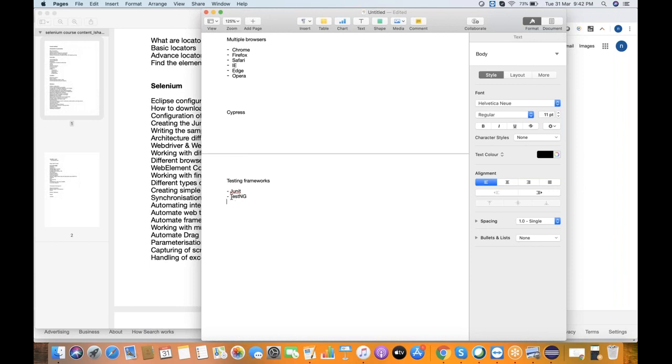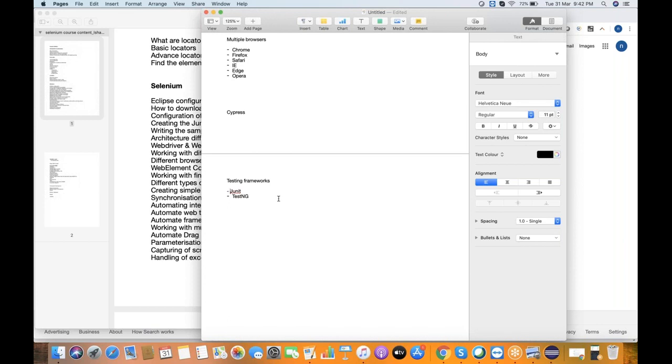As TestNG is more advanced than JUnit, I prefer TestNG. But if you have any preference, like you want to go with only JUnit, maybe I can cover that instead of this. Otherwise, TestNG is good to go. You can take a call on which one you want to choose. Do you have any idea or preference on this part?